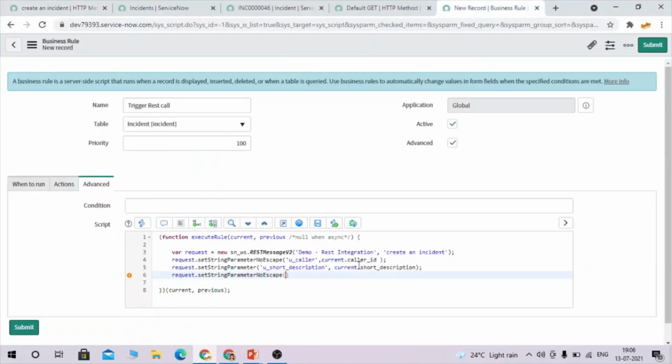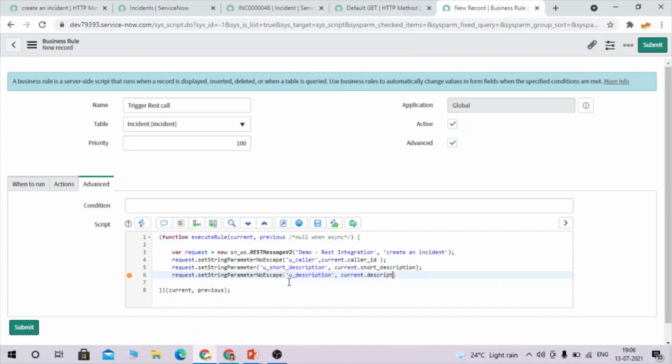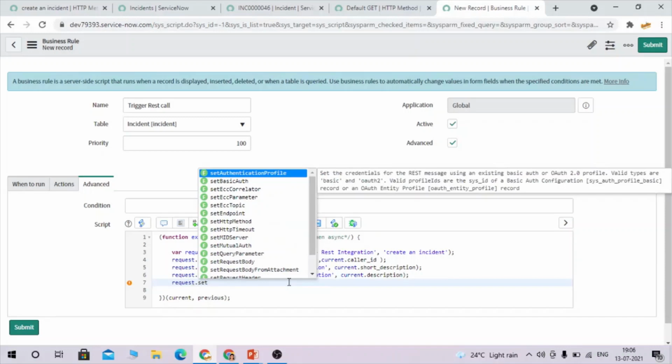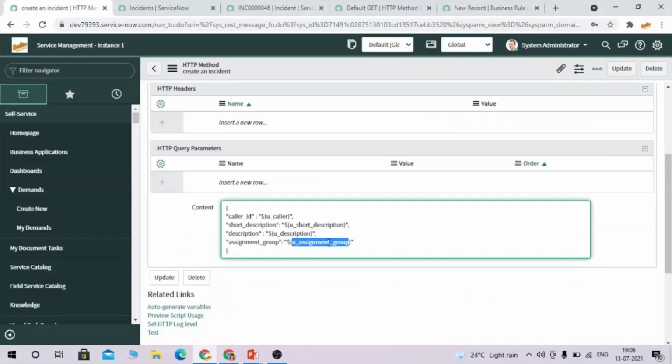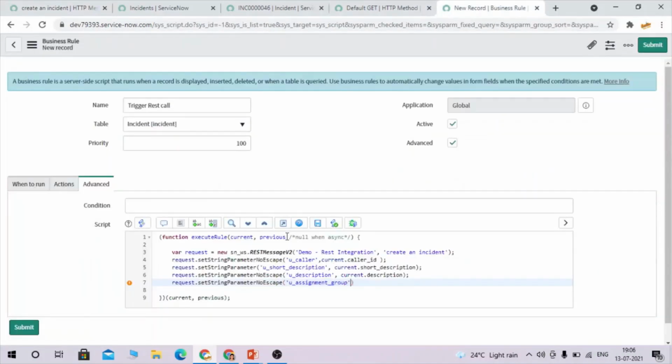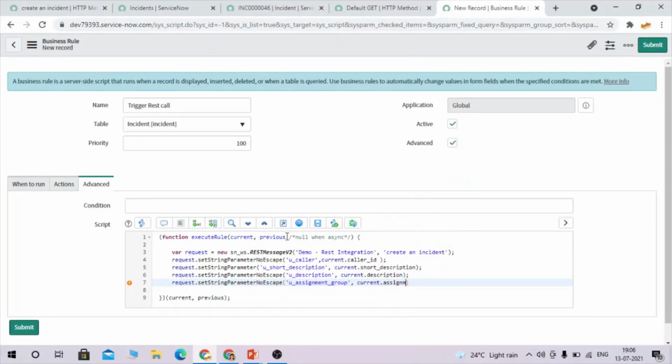Let's take description and we have to map current.description. So same way we have mapped all the values here. Okay, so these four values we have done the mapping.